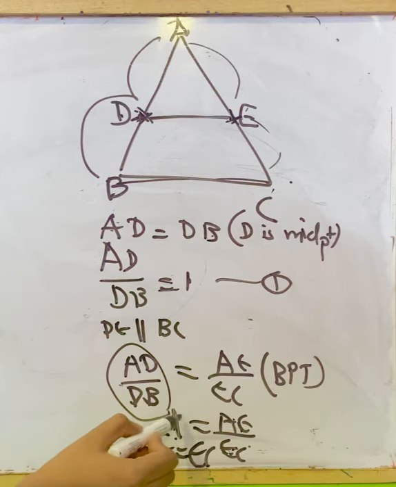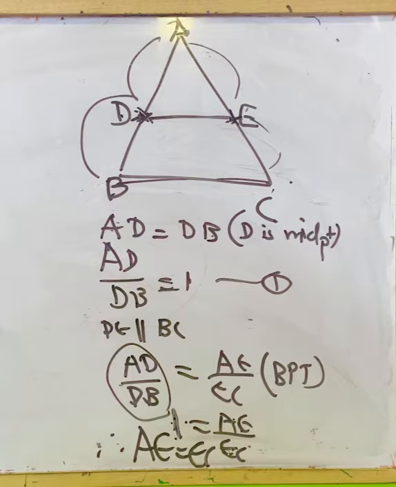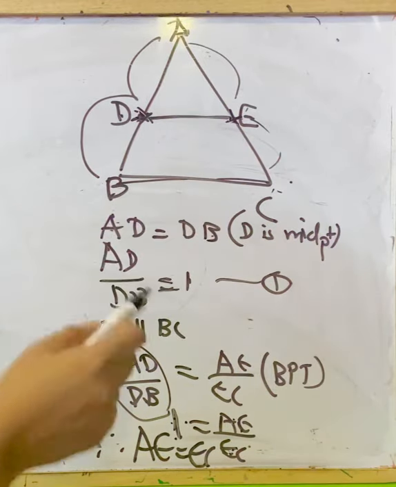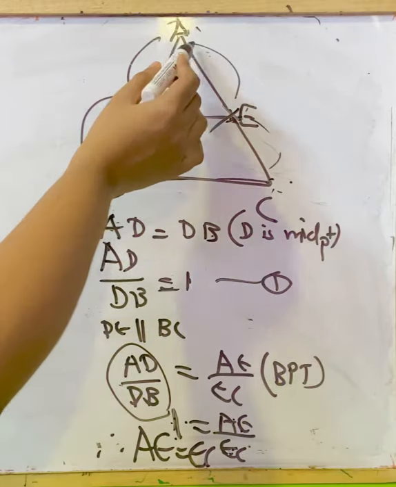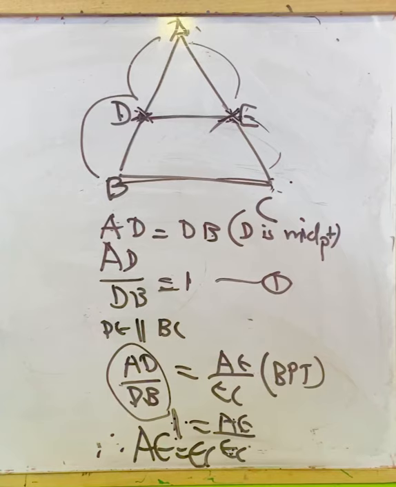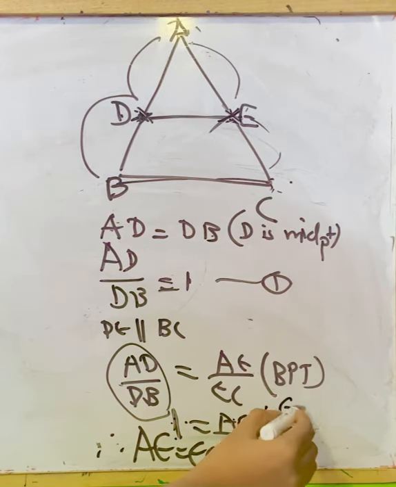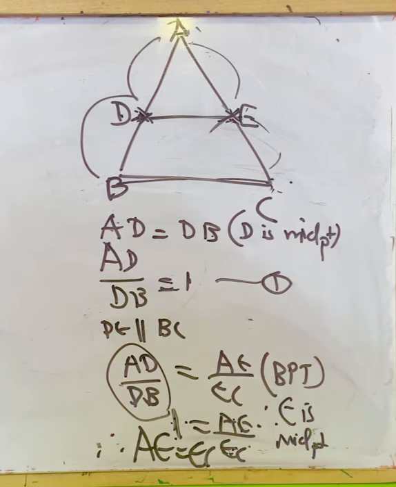Then you will get 1 into EC here. That is also EC. EC equal to AE. If AE equal to EC, that means E is the midpoint of AC. Then only you can say AE is equal to EC. That is, E is the midpoint. Therefore, E is the midpoint. So we can conclude it as a sentence based on the question. So we will write last, hence proved that E is the midpoint of AC.